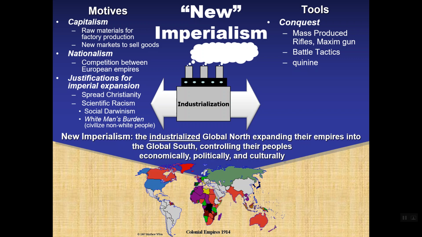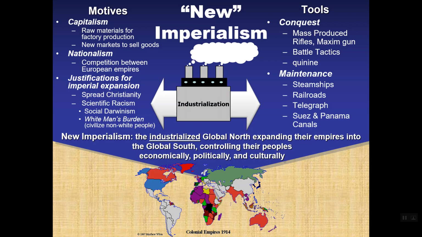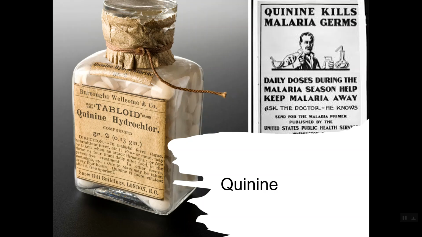But there was also disease, and that is malaria. The people of the central part of Africa already had the malaria disease, so a lot of them were immune, and Europeans were not immune to malaria, so they couldn't get into the interior because they would die. So a lot of their business was along the coast, right? I'll get into the steamships, but let's talk a little bit more about the quinine.